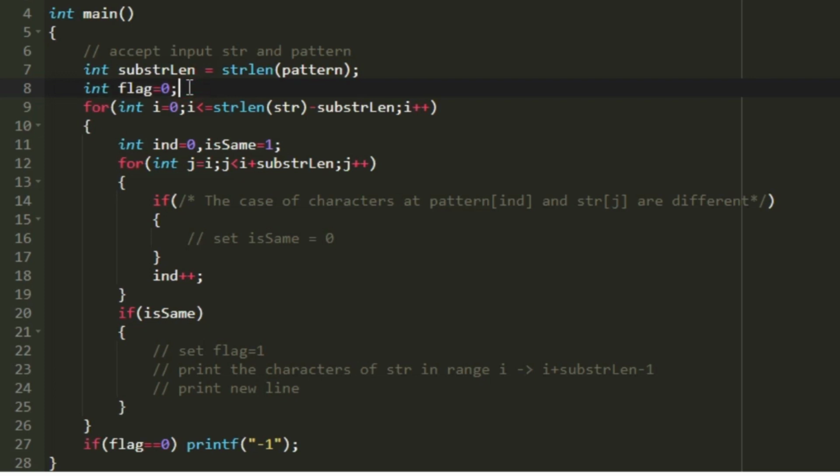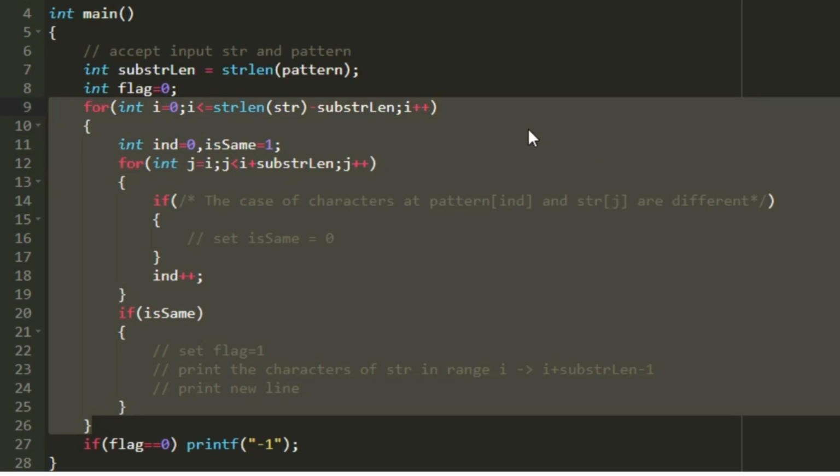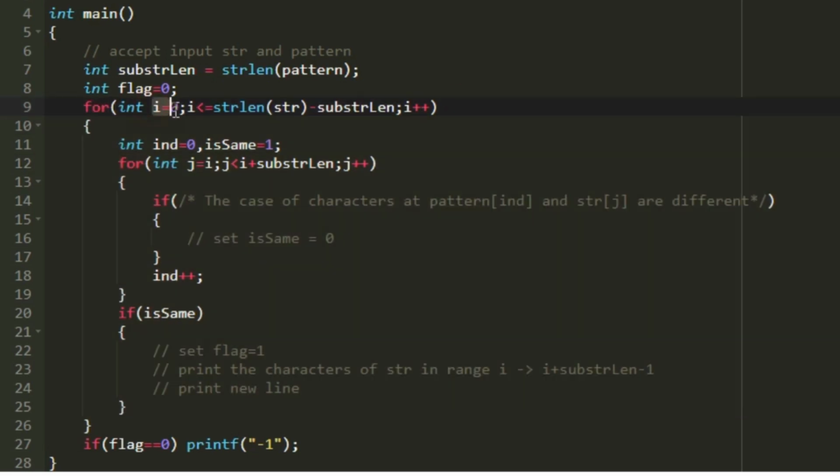So now we are going to iterate through the starting index of all the substrings of length substr_len, that is the string length of pattern. So I am creating a loop that iterates from 0 till the string length of str minus substr_len. So this loop iterates through the starting index of all the substrings of length pattern.